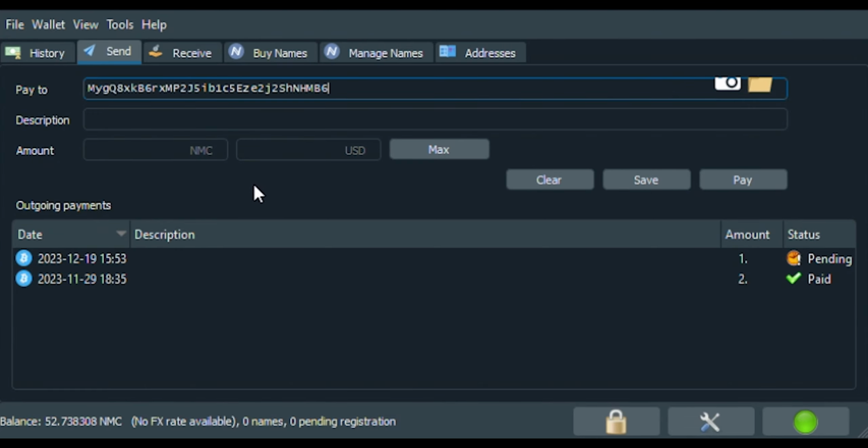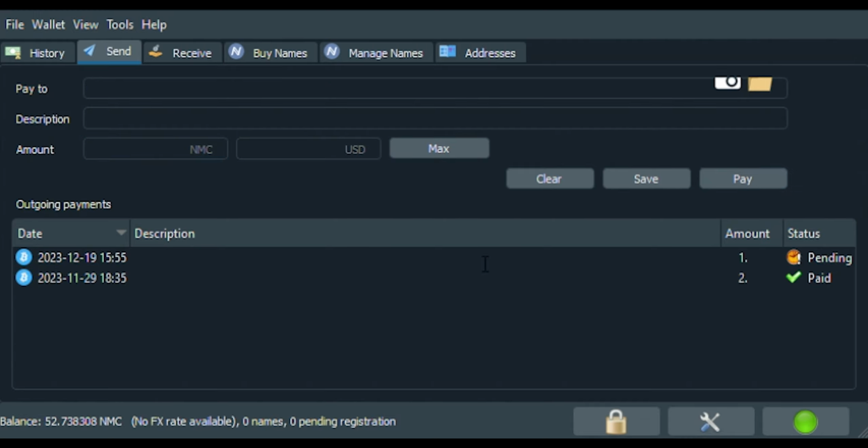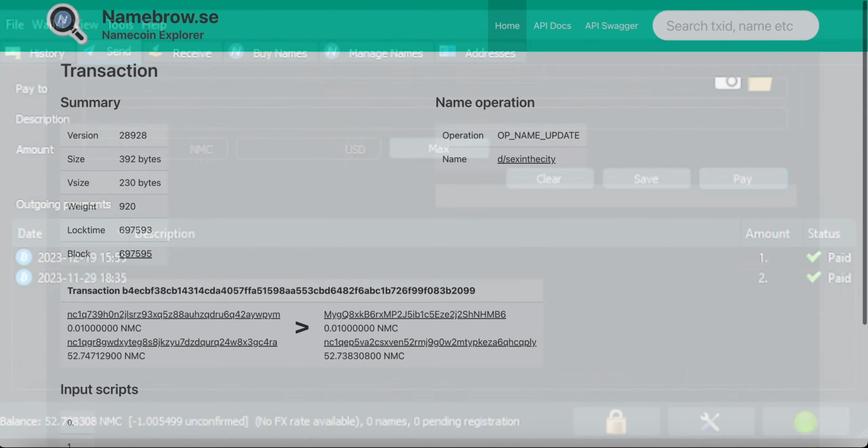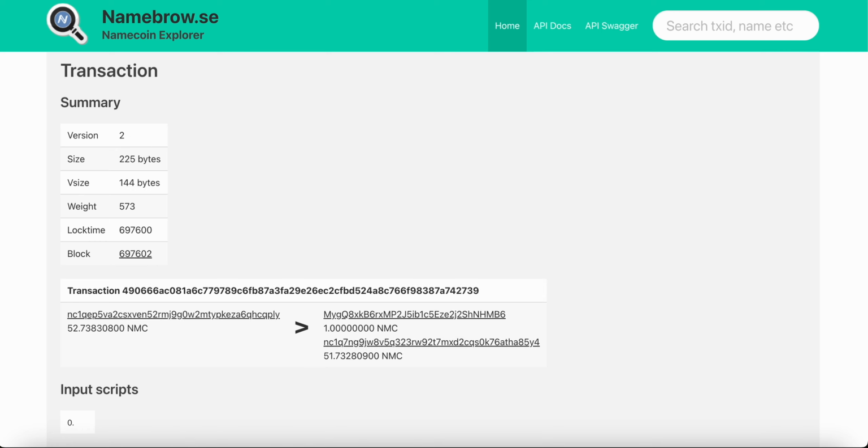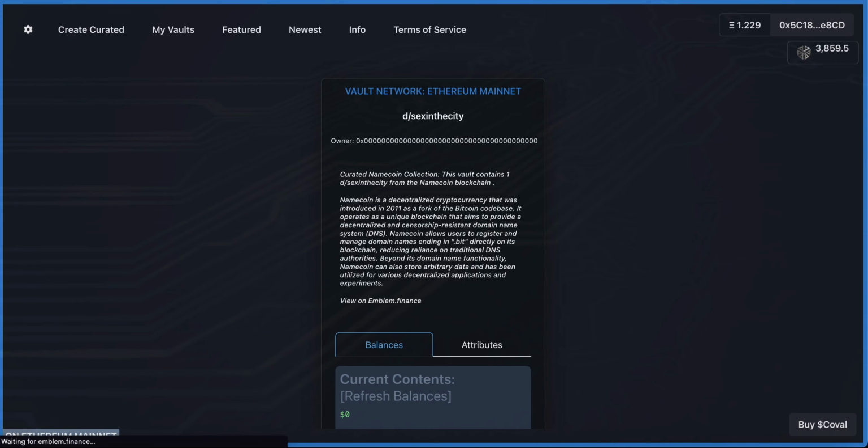And then you're going to want to send Namecoin, the currency, so that the asset will renew in the vault itself, because we do offer an auto renewal feature. You go over to the Explorer, and there you can see the 2 transactions that have been verified on the